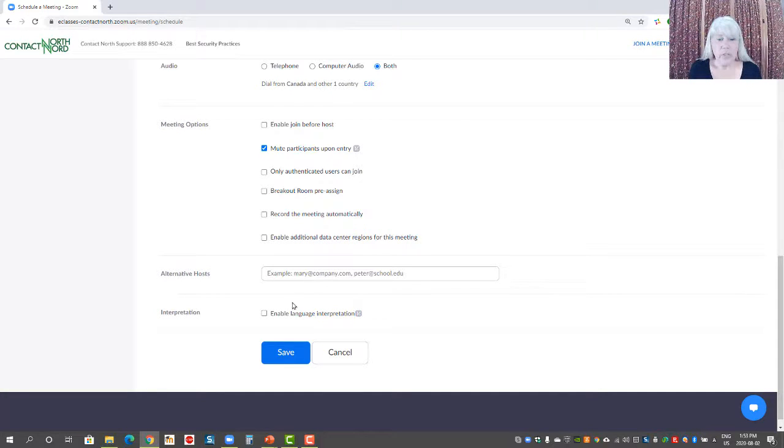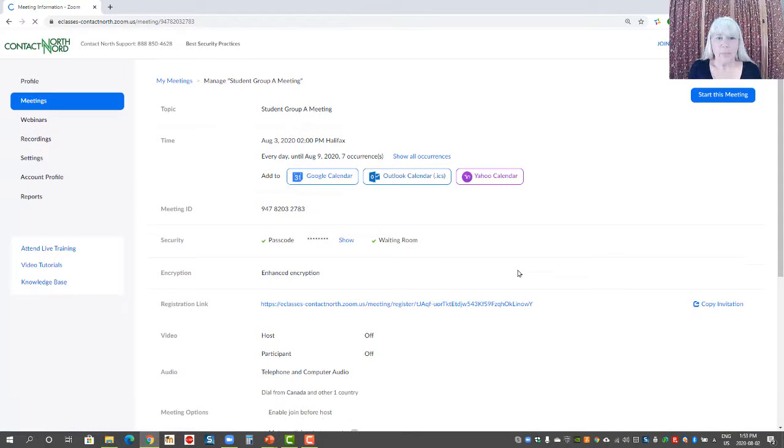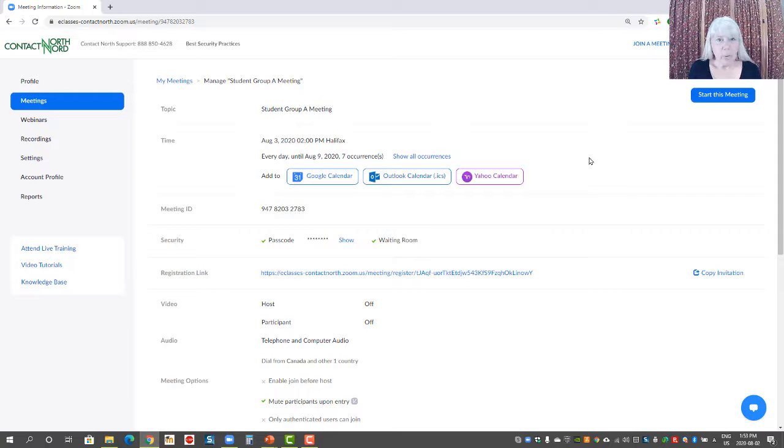So when you're finished with all of your settings, simply save the meeting, and you'll see a summary of all of the meeting information, and you will be provided with a link either to the registration page or directly to the meeting. By default, links to meetings will have passcodes encrypted within them. Copy the meeting invitation,